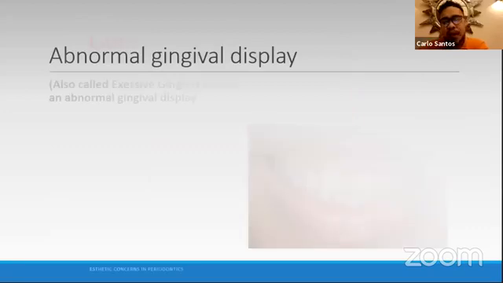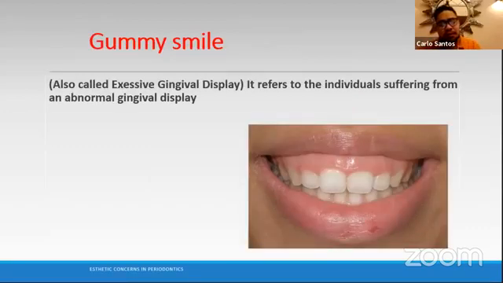Okay, now we go to the main topic of the periodontal oral plastic surgery lecture. The gummy smile, also called excessive gingival display. It refers to the individual suffering